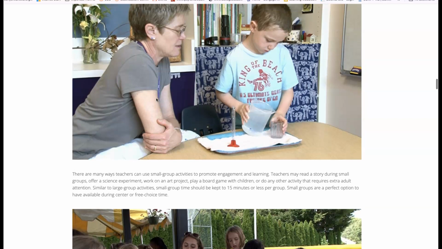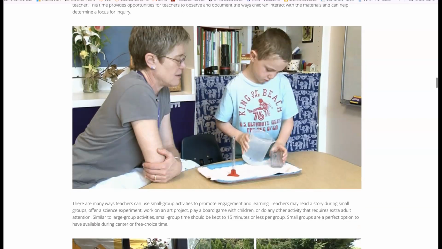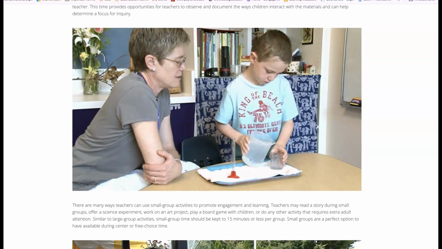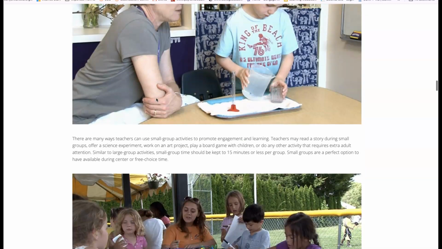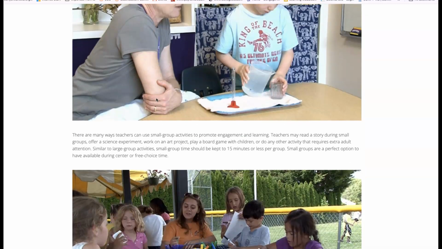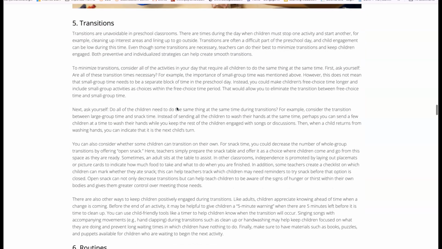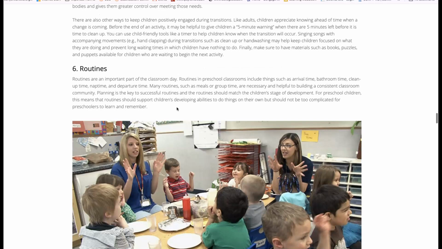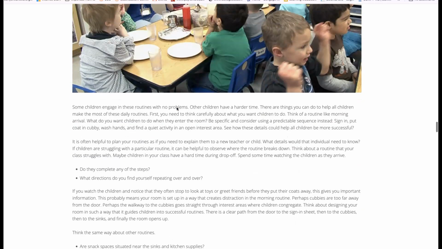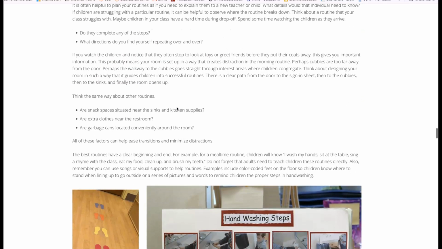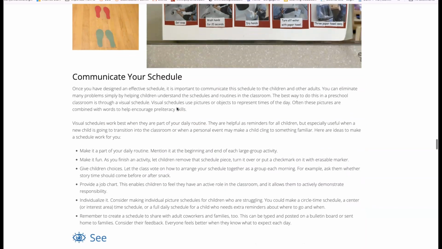Your small group activities are usually going to be when the children are in learning centers, activity centers, whatever you want to call it. But good information there. Transitions are when we get children from one activity to another, and we want to make sure we have what I call transition tricks. And then it talks about routines and how routines are important.